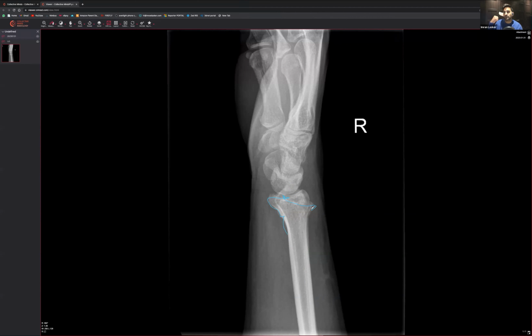Radial head is all the way at the other end. Radial head is at the elbow, but the distal radius is over here. It's quite important when you do these that you say it's the distal radius, that's the radial styloid. The radial head is right at the end, where it ends up with the radiocapitellar attachment. So this wouldn't be the radial head, this would be the distal radius. You can see there is a lucency that goes all the way to the edge like this, all the way down that way, and all the way down that way. So this is a distal radial fracture. There's no angulation on this one, and there's articular surface involvement as well.